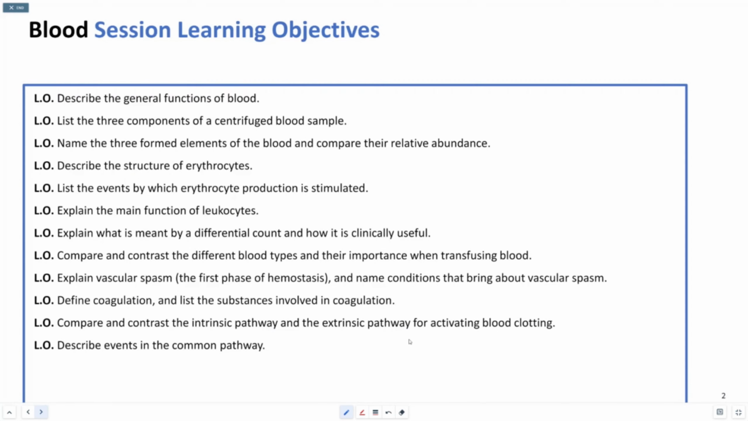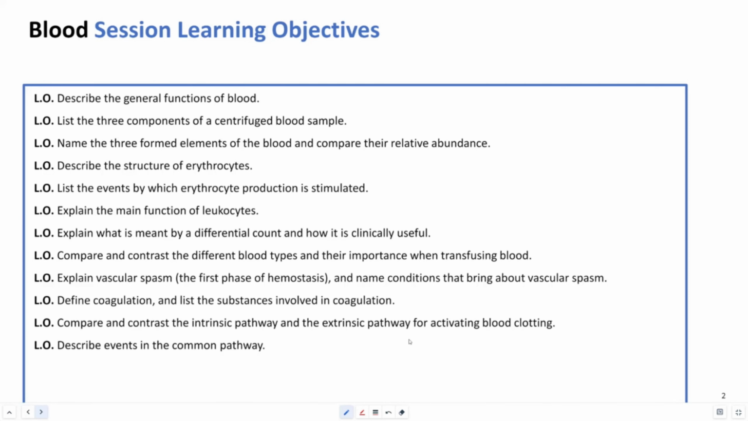In this session, we'll cover the following learning objectives: describe the general functions of blood, list the three components of a centrifuged blood sample, name the three formed elements of blood and compare their relative abundance, describe the structure of erythrocytes, list the events by which erythrocyte production is stimulated, explain the main function of leukocytes, explain what is meant by differential count and how it is clinically useful, compare and contrast the different blood types and their importance when transfusing blood,